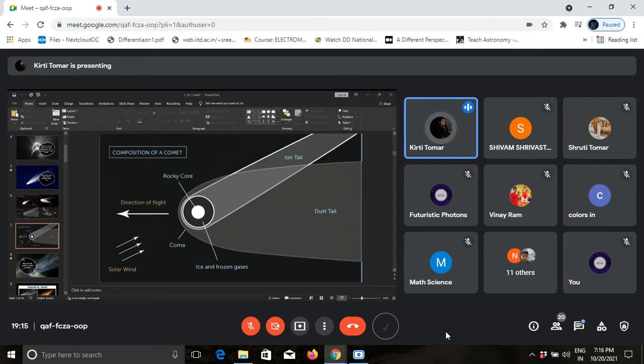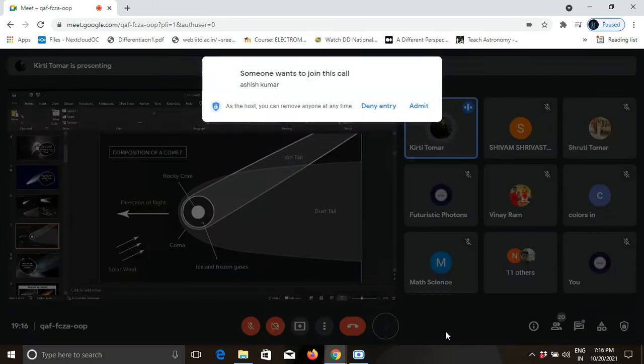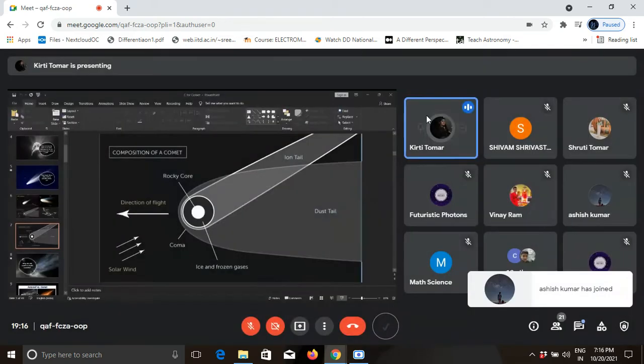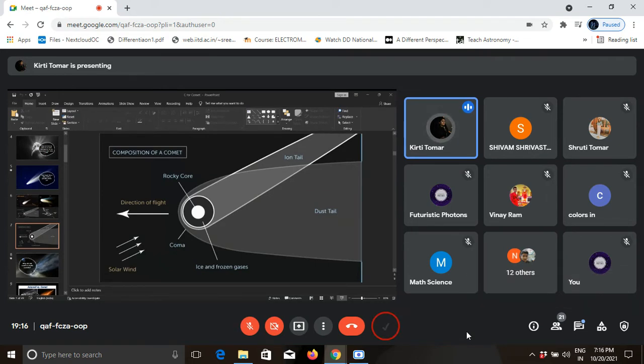But a few travel in paths across Mars's orbit, and some even cross Earth's orbit. Here you can see in this picture the asteroid distribution, the asteroid belt, and the separation between the terrestrial planets and the Jovian planet Jupiter.